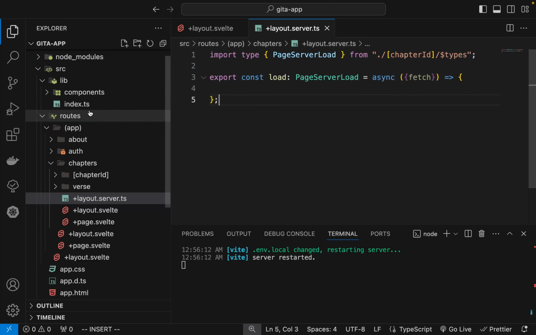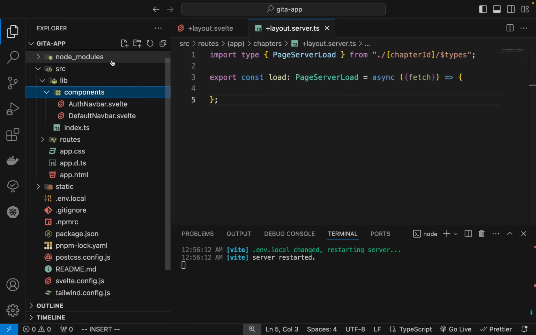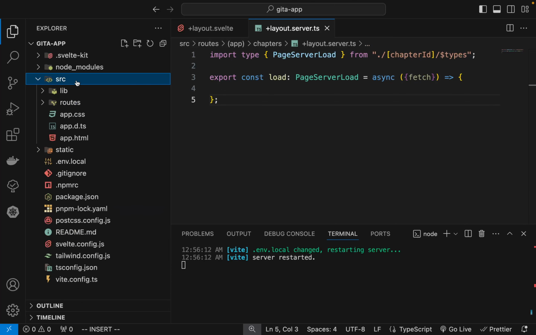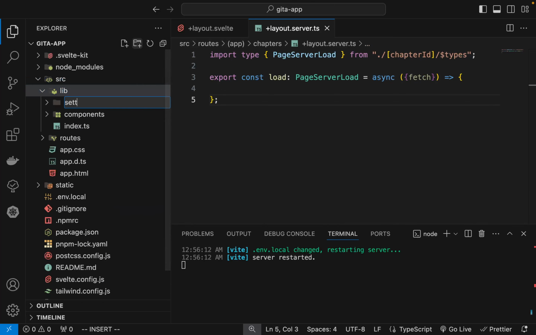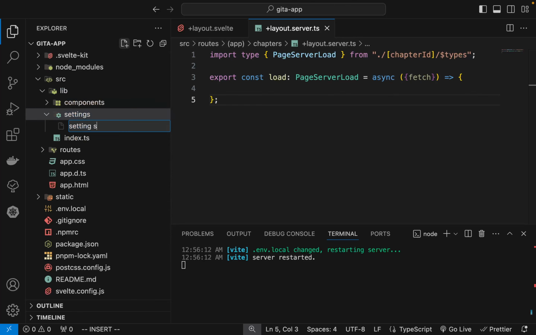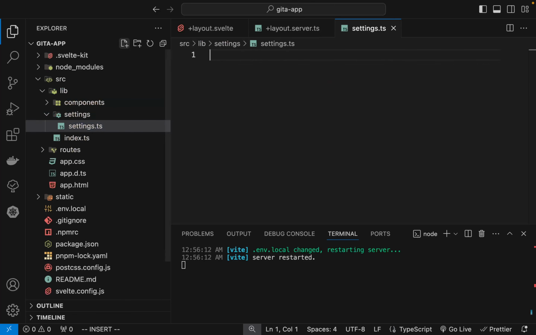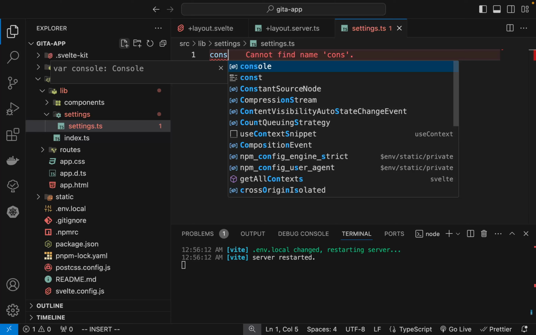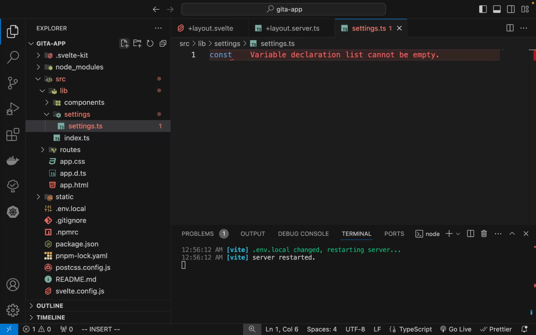Okay, now let's create a settings folder here, I guess. Settings, which will have settings.ts. This is going to be a const Gita API key, and that's going to come from